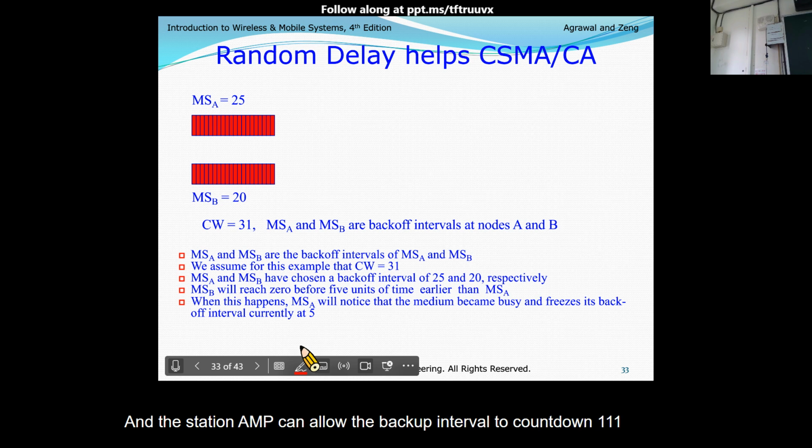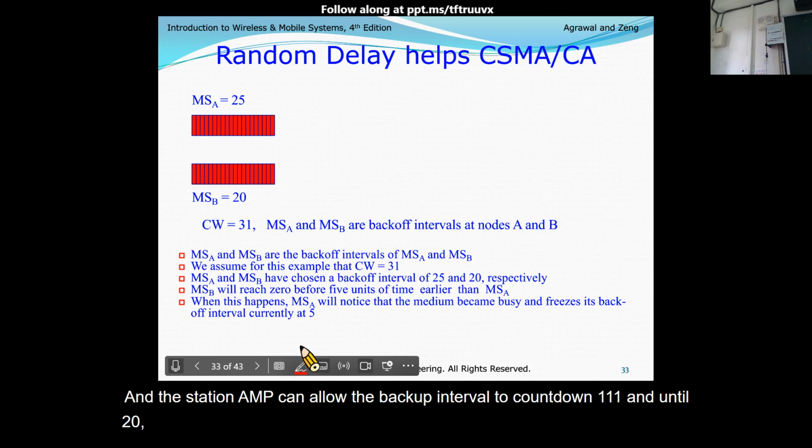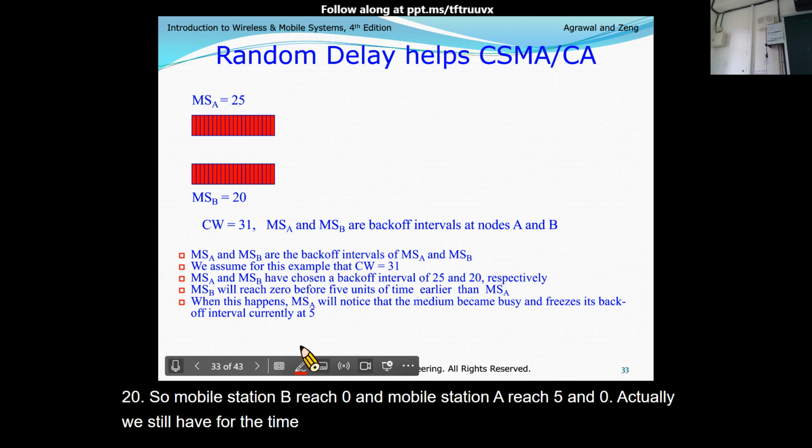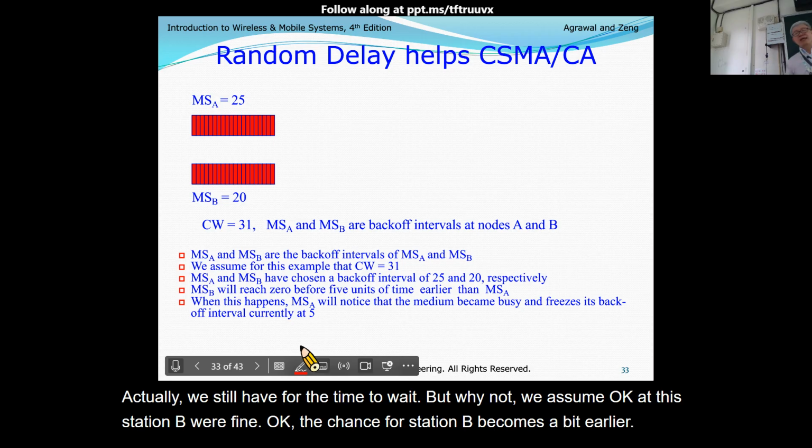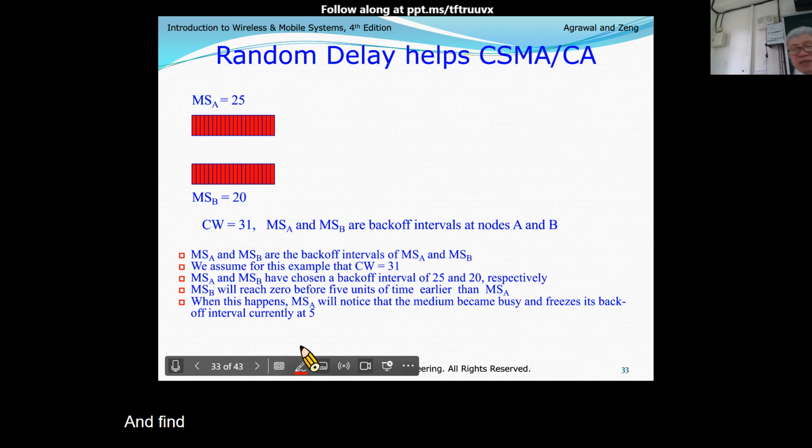So mobile station B reaches 0, and mobile station A reaches 5. At 0 we still have time to wait. But right now, station B has a chance a bit earlier than station A, and finds that if the medium is idle, it can try first.